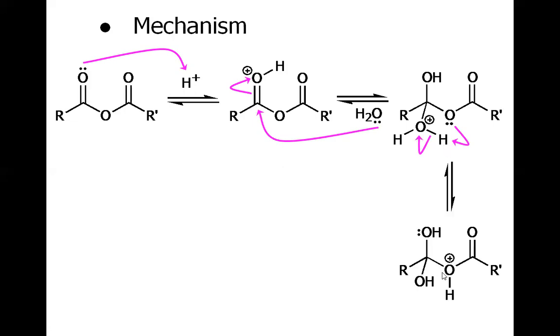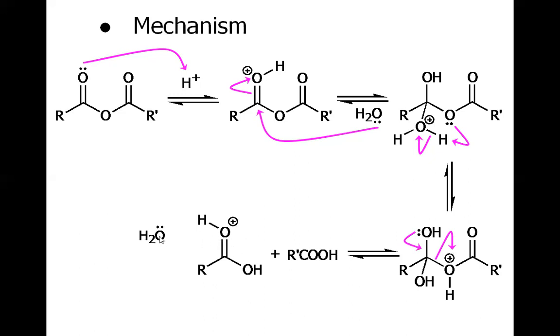proton shifting we will have this intermediate, this H will come here, and then this oxygen's lone pair will expel this group out of the system, and we have the carboxylic group formed from this site, and this protonated carboxylic acid will be deprotonated with the water that has been just formed to have another molecule of carboxylic acid. So overall we have got 2 moles of carboxylic acid from 1 mole of acid anhydride. And depending upon the nature of R and R prime, we may have a variety of carboxylic acids formed.